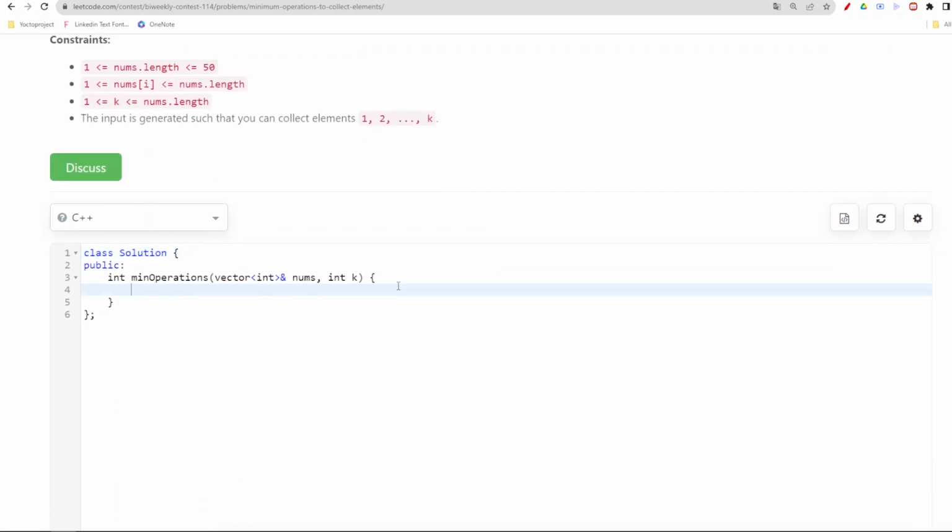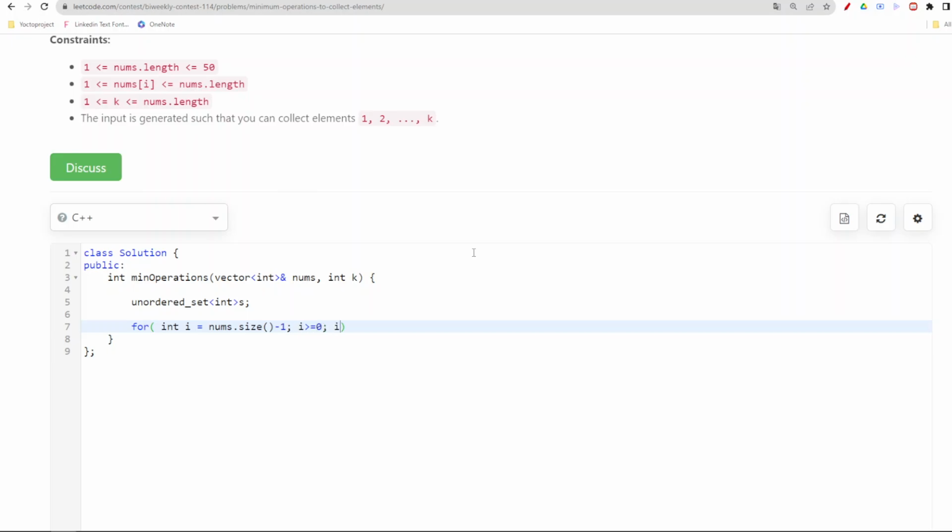So here, first thing is for a collection, what we will be keeping is either we can keep any unordered map, or unordered set, or vector. So let us take an unordered set here, as the type is int. And now what we are required to do is we will start our i equals to nums dot size minus 1 and i greater than or equal to 0, i minus minus,